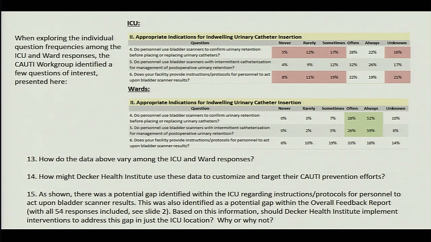So the answer might vary. This is where it's helpful to be at your facility. So we might create this feedback report for you and provide it to you. It's going to be based solely on the response frequencies. You take this information at your facility and you see what works best for you. If you are really trying to target the highest priority areas, you might only focus on the ICU regarding bladder